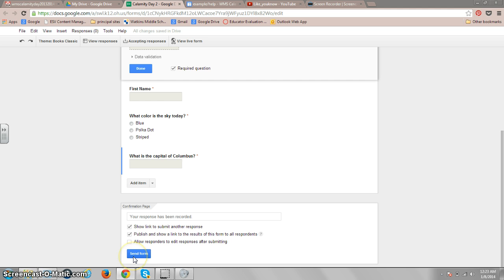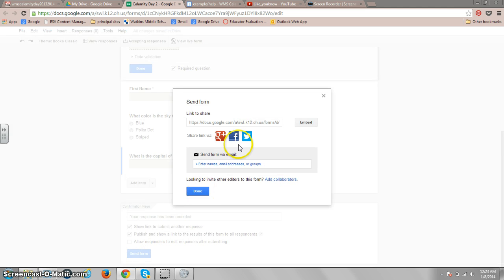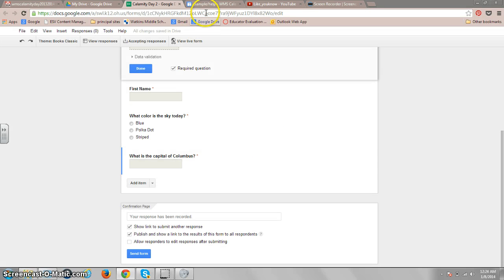In which case, when you're all done with it, you click send form, and it gives you a link. In which case, if you click on it, it gives you instructions to hit Control-C to copy it, and then I just click done. And then I'd go back up here to my website,